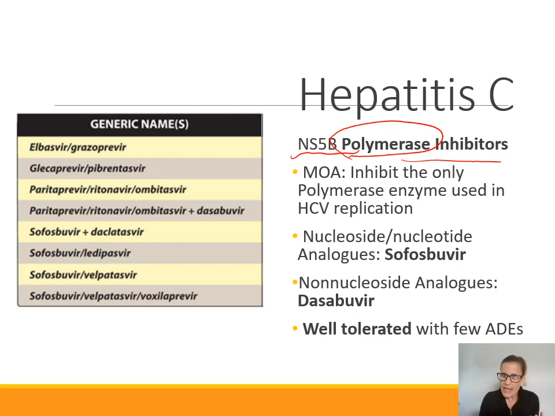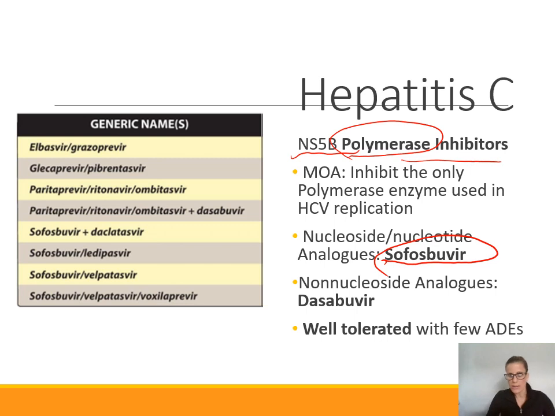The nucleotide analogs bind to the polymerase at the normal binding site. So they're analogs of the normal nucleoside or the normal nucleotide that would bind there. So they bind at the normal binding site and then they block it, right? They block that binding site, and that inhibits this polymerase. It can't work any longer for viral replication because the drug is blocking that binding site. This nucleoside or nucleotide analog is Sofosbuvir, and then the